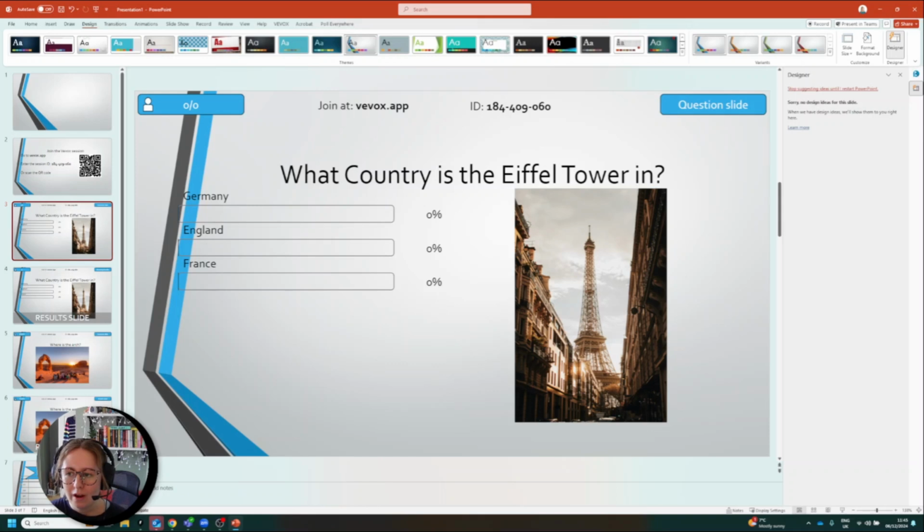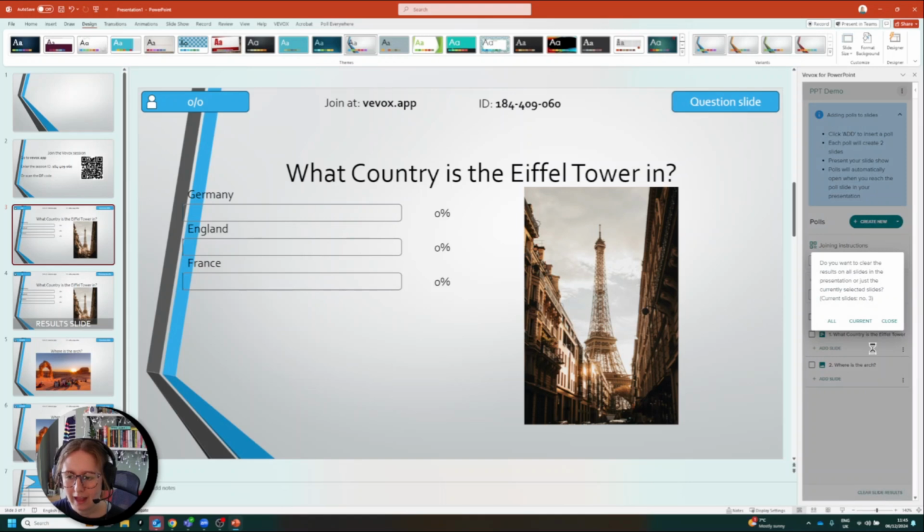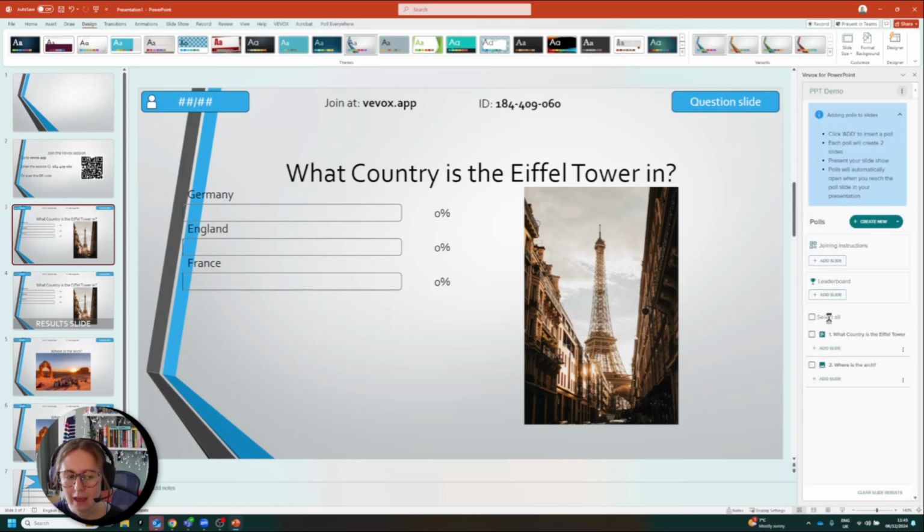And then one other thing here to mention is that if you have run your polls and you want to run them again, so if you were wanting to reuse your presentation, what you would do is just simply come to the bottom here on my right side panel, the Vevox panel, and I would just click clear slide results, and then I can choose whether to clear just the slide I'm on or all of the slides in my deck. So I'm going to go ahead and clear all of the slides in my deck,